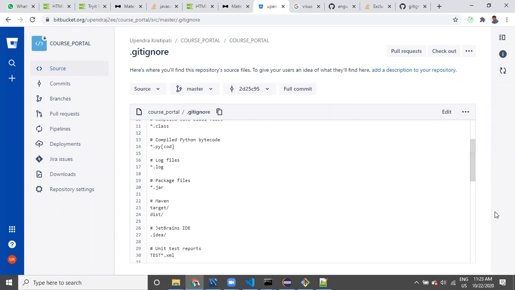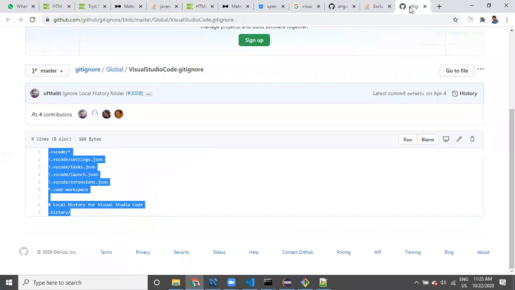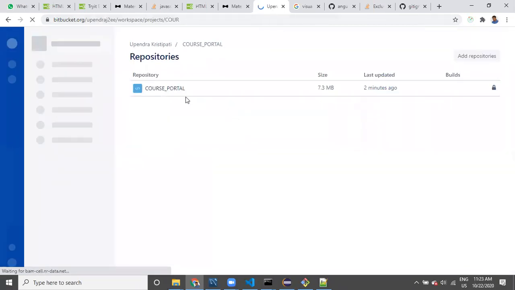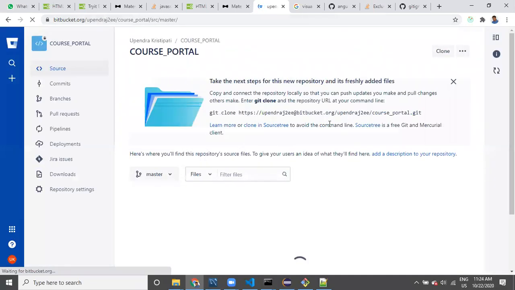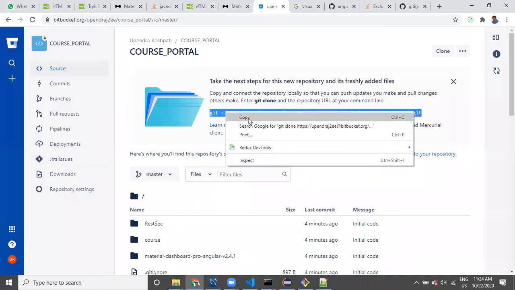So these are the different tasks available. Now I'll go to this course portal project, and then I have to give this particular file.